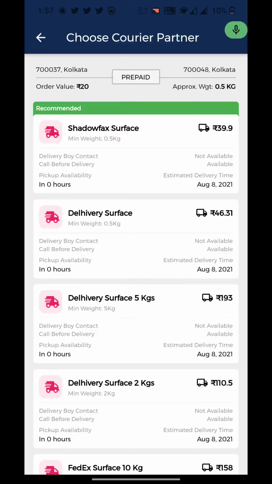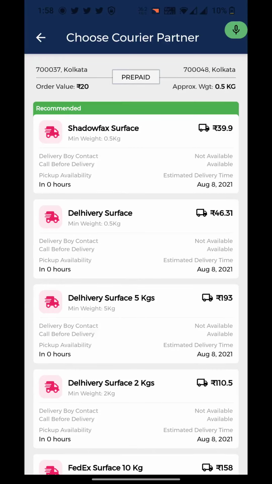One more suggestion here: it is recommended to use this for online orders. For COD, the charges will be a little high. The reason is that the delivery person will take the cash from the customer, then submit it to their company, then the company will pay us, and then we will pay you. So it's a lengthy process, and it will cost you a little higher. But once the order is prepaid, there is nothing to worry about, it is very cheap.